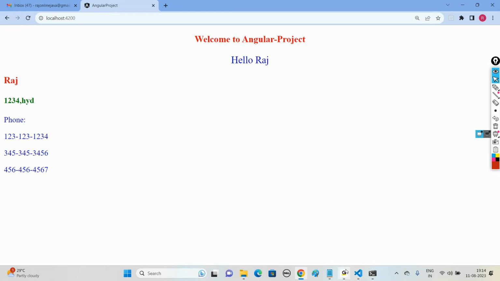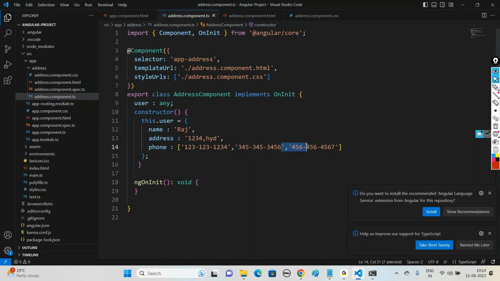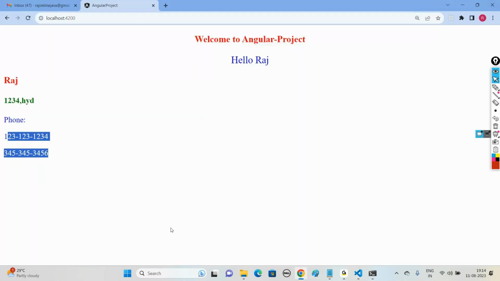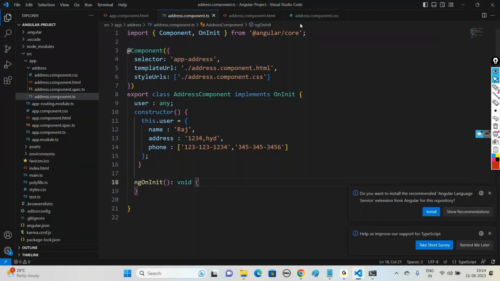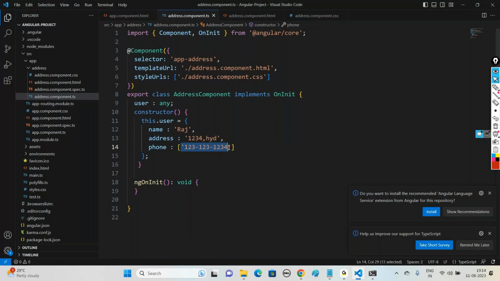If you go with two phone numbers here, I need not touch my HTML file. See, you are going to get two phone numbers in the result. If I go with only one phone number, I need not touch the HTML file. We get one phone number. If I'm not having any phone numbers here, then we get only